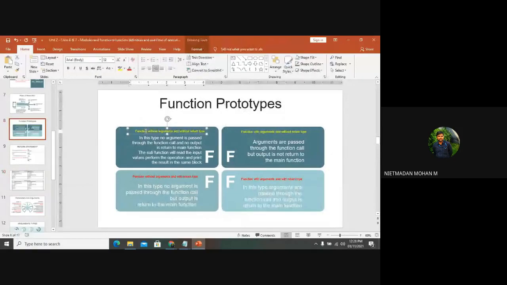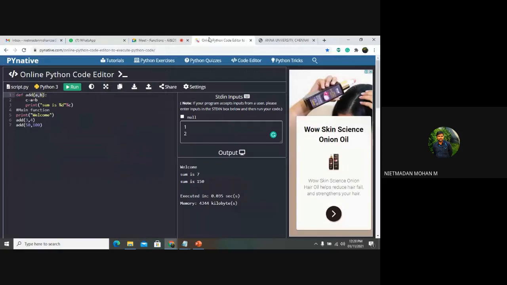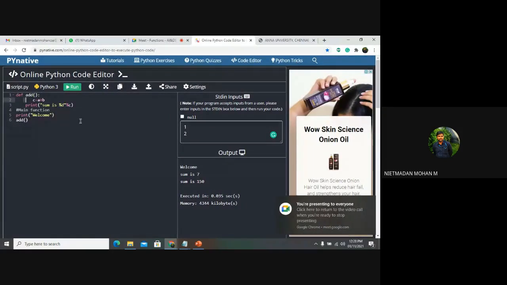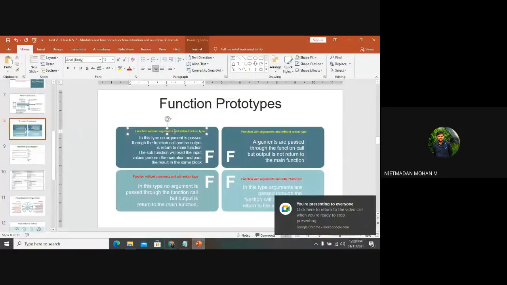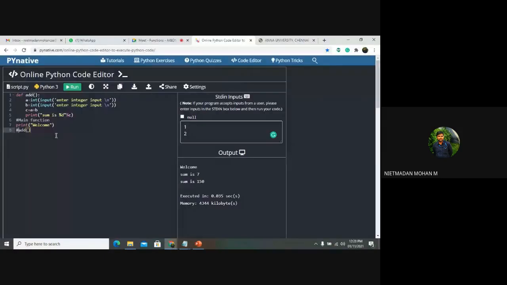So the prototype consists of four things. The first is function without argument and without return type. So can you see this? There is no argument passed here, right? And no return type also, we have not mentioned any return type over here, right? Yes, sir. So in this program, that means